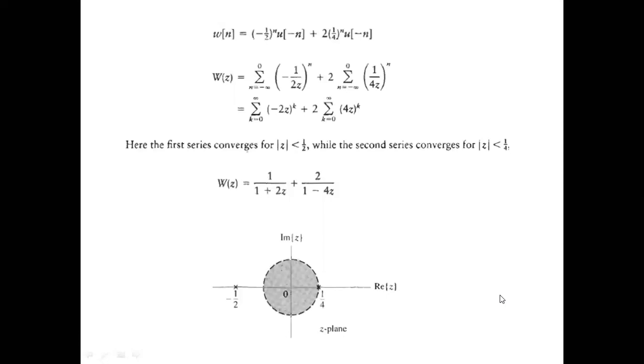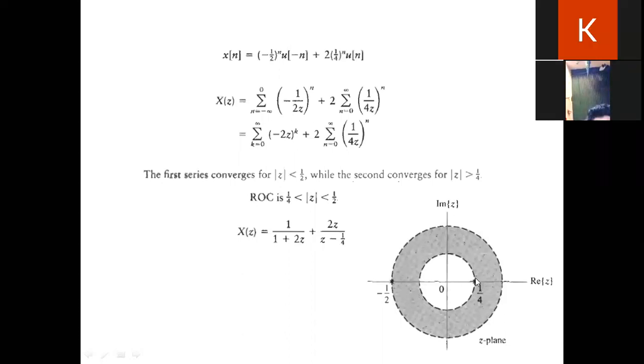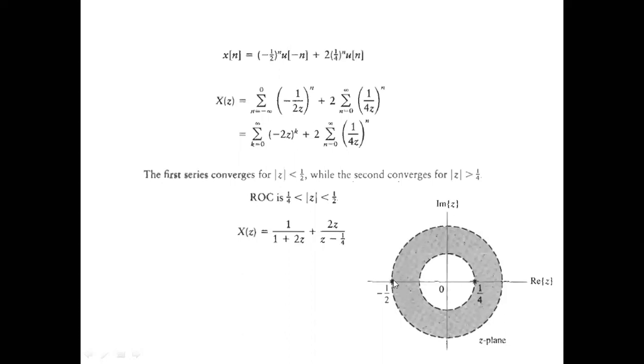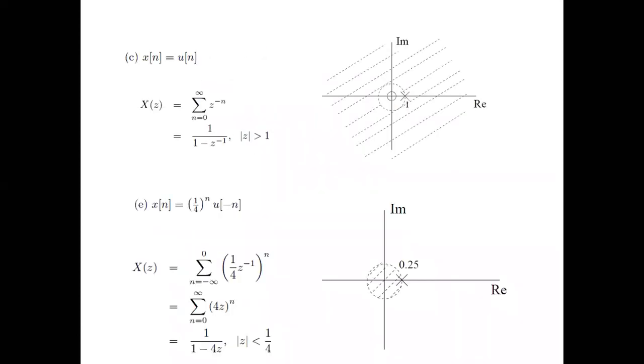What about this one? Here, is there any pole in the ROC? No, there is no pole, but it is on the boundary. You can see 1 by 4 was a boundary. 1 by 2 is also a boundary, but not everywhere. So even in all the numericals that we see, except probably